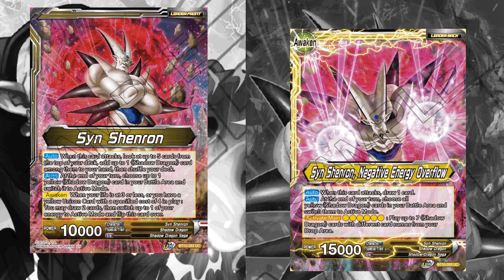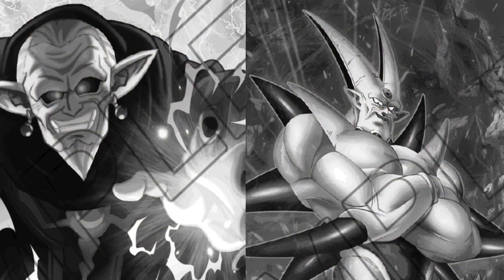And for 6 yellow energy, we can play up to 7 Shadow Dragon cards with different names from our drop area. Not only does this allow us to have a built-in win condition where we can simply play all of our Shadow Dragons again, but we can attack with them and then untap our blockers later in order to defend ourselves. The first of the 2 Shadow Dragon lines we're going to talk about is the Shenron line, starting with